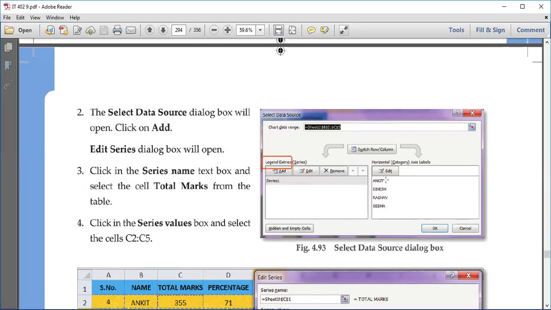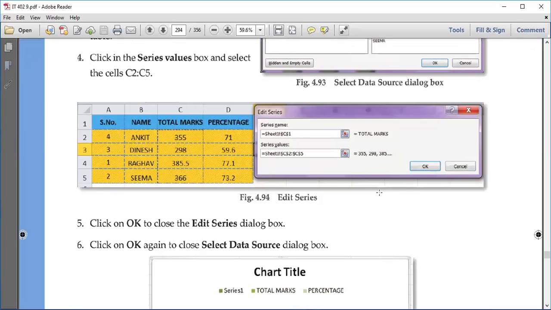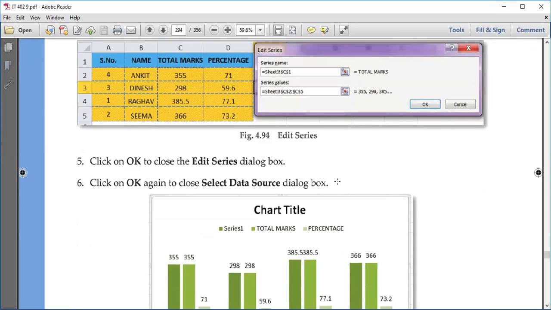Likewise, if you want to change these values also, you can change from here, right. These are both kinds of forms, if you select row wise and if you select column wise. Fine. So like this, edit series, we can change the series.